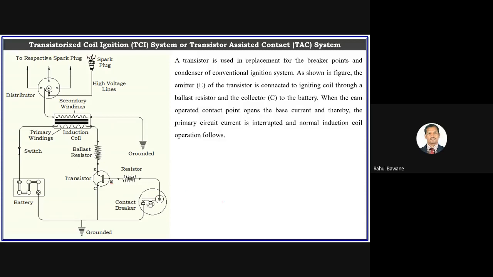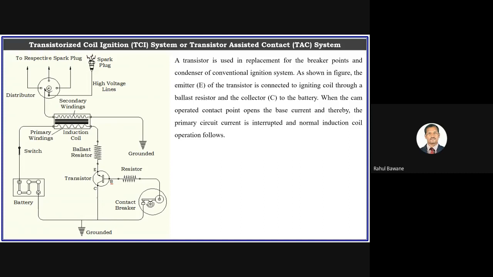Now how does it work? The basic working is as it is. When the primary circuit breaks, the collapse of the magnetic field, the rate of collapse, is increased by the capacitor through throwback of the energy. A higher rate of collapse of the magnetic field induces a higher voltage in the secondary. So the basic working converts the 6 volt or 12 volt of the battery into 10,000 volts or more in the secondary, and that remains the same.